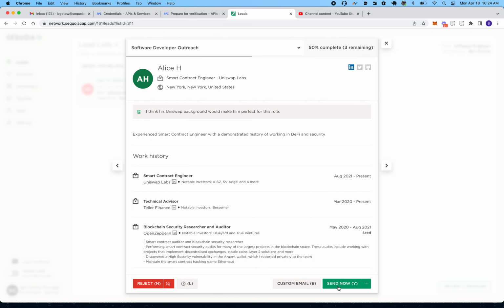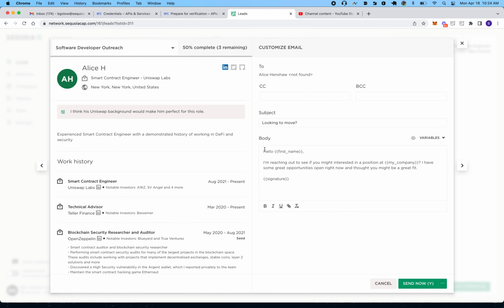You can either click this big green button down here at the bottom, or you can customize the email maybe to reach out to this candidate and with some specific details about their work history. And so this panel right here and the Send Now button use the gmail.compose restricted scope. As soon as I click this button, it will make the API request to Gmail to actually send this email